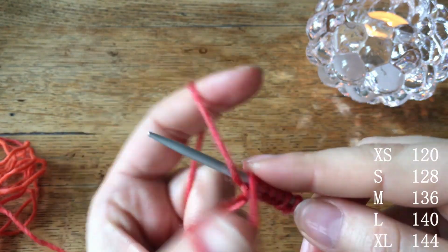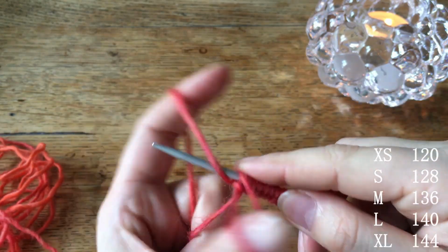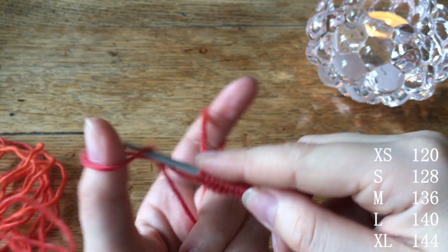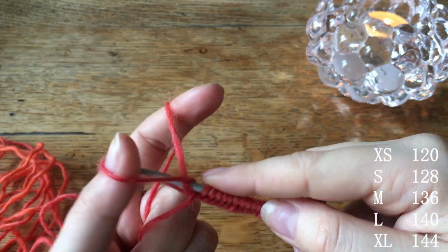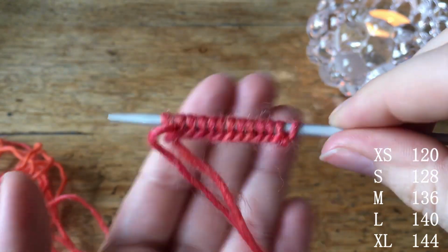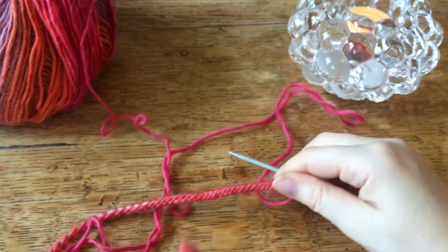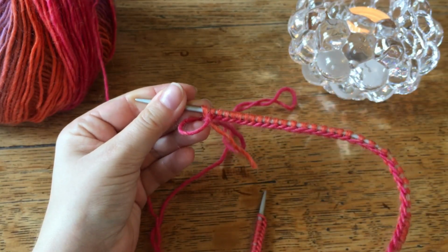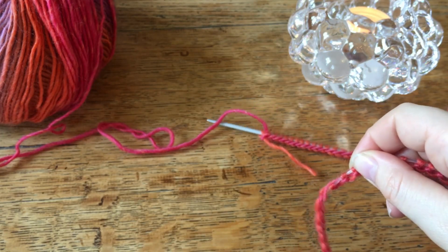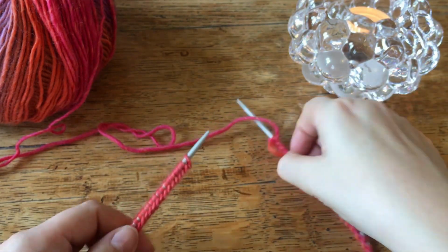You can see here in the corner how many stitches you're going to need, depending on what size you want to make. This one color, and I'm making a medium, so I'm going to do 136. So now here I have all of my stitches,